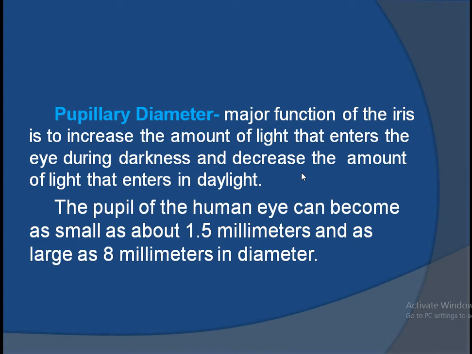Now the pupillary diameter, what is that thing? What is its use? It is mainly formed by the central deficient point of the iris. The iris is deficient in the central part, forming a hole through which the light rays directly cross the cornea and aqueous humor and fall on the lens. The size of this hole, formed by the iris, can be changed.